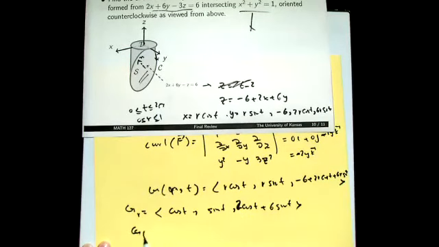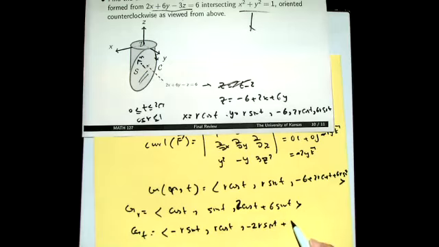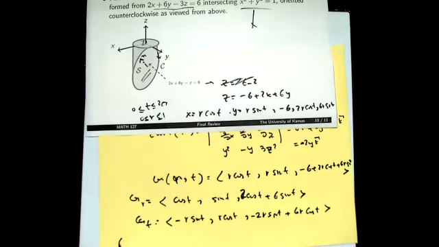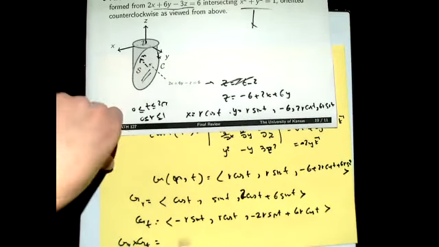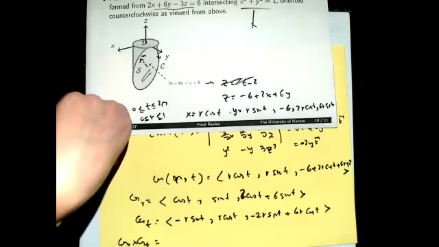This is not working as well as I want to, because G sub t is going to be negative r sine t, r cosine t, and then minus 2r sine t plus 6r cosine t. And then the cross of them is going to be,